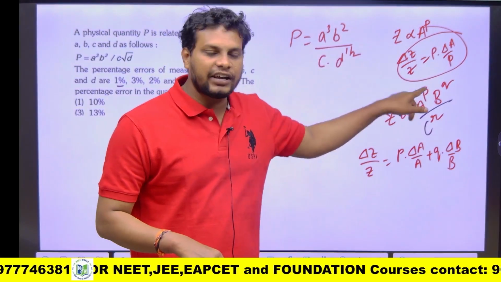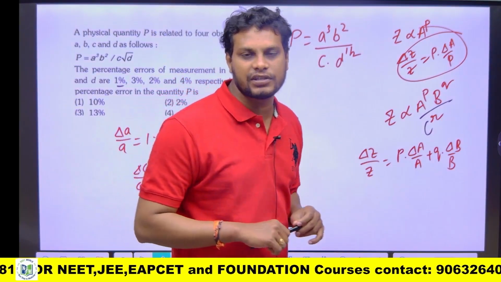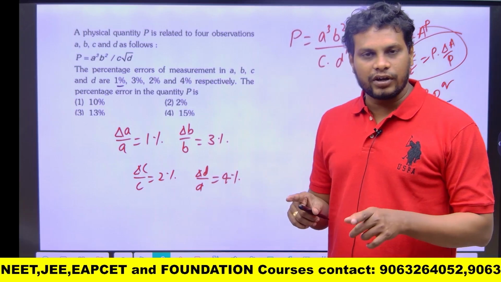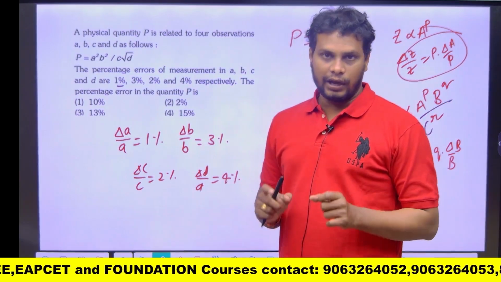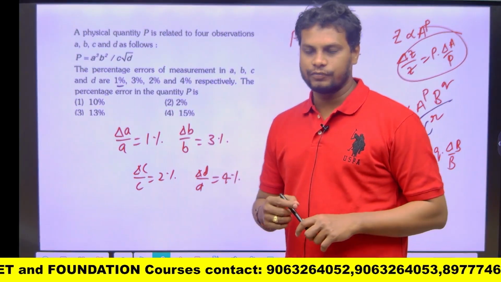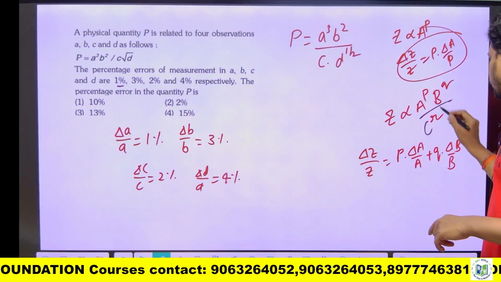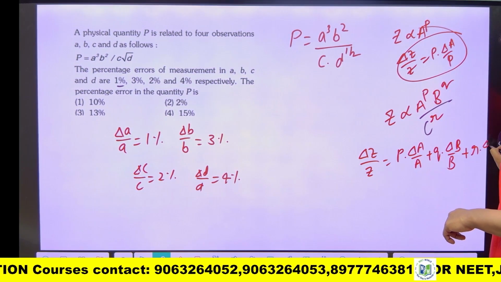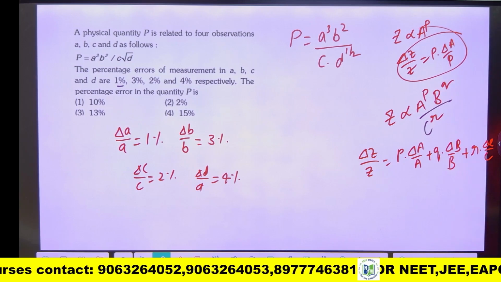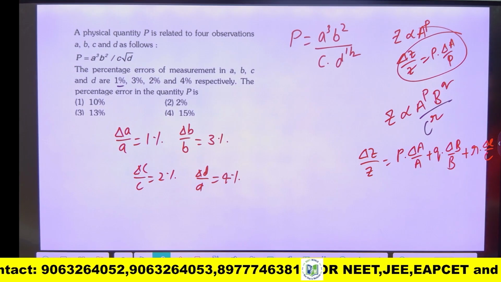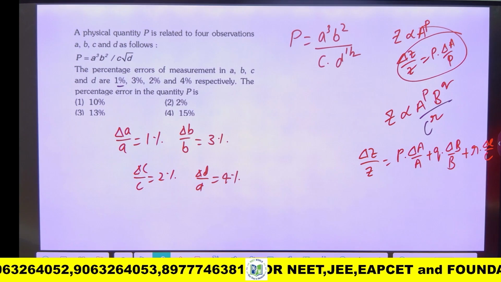Then here we can expect minus r into delta c by c. But we have to always take that quantity as positive only, because error is always measured in positive. So if I bring this to a numerator, you will get plus r into delta c by c. Okay. So if I bring this to a numerator, then you will get z is proportional to c to the